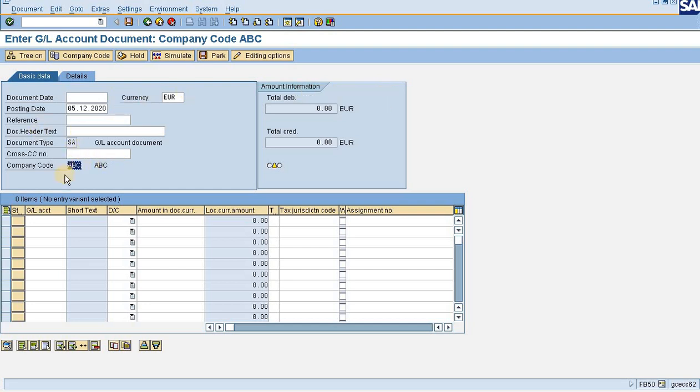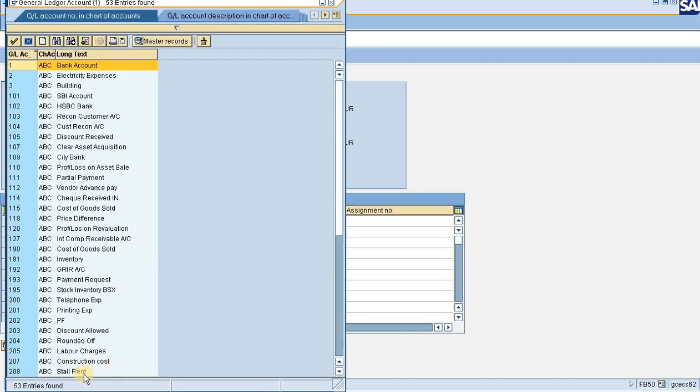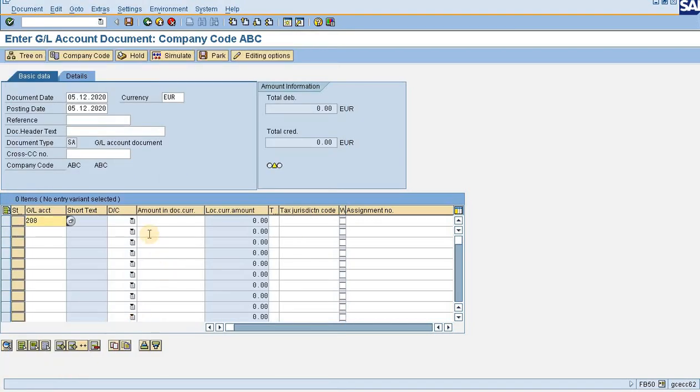So I am posting in the books of accounts of ABC. Now the date is given. Now rent debit to bank. Now I'll choose the rent account. Yes, this is the stall rent being debited here.